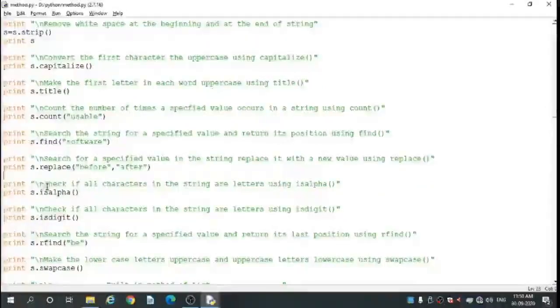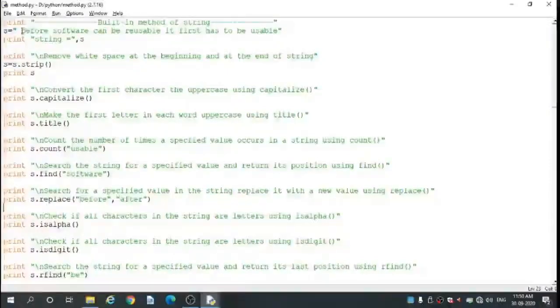Next, print in double quote \n, check if all characters in the string are letters using isalpha. So here print s dot isalpha. The isalpha method returns true if all characters in the string are alphabets, otherwise it returns false. Check the string: are all the characters alphabets? No, it is false.